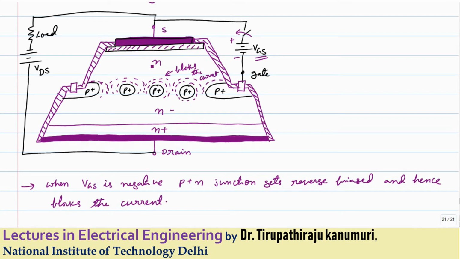So how will it operate in parallel? Let us assume I am taking two devices. Here there is one switch and here there is the second switch. These are connected in parallel. Let us assume this is the current carried by this one, this is the current carried by the other, and this is the total current. Due to some reason, let us assume I1 is increased.